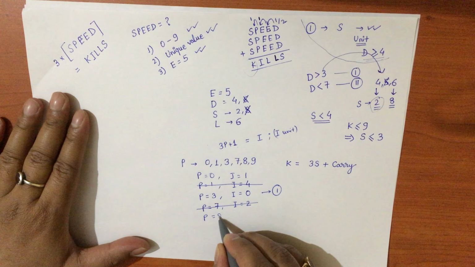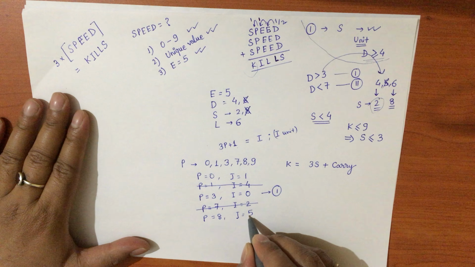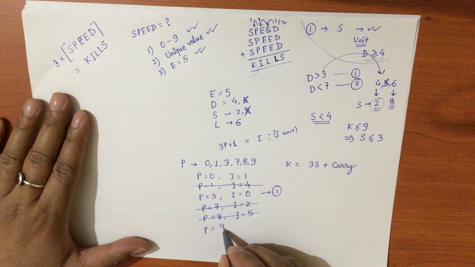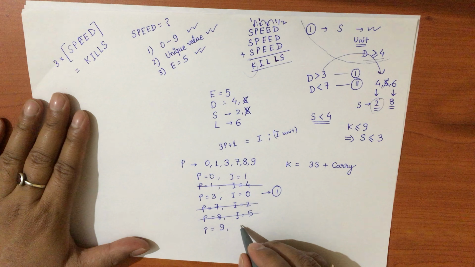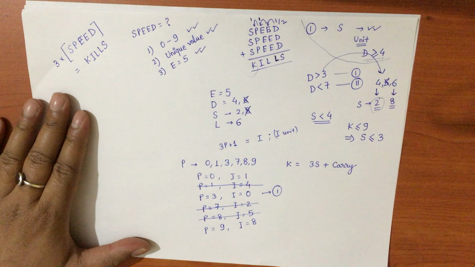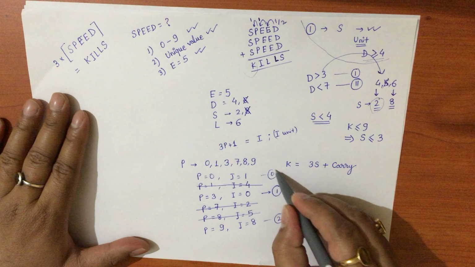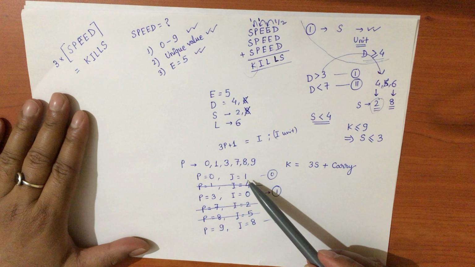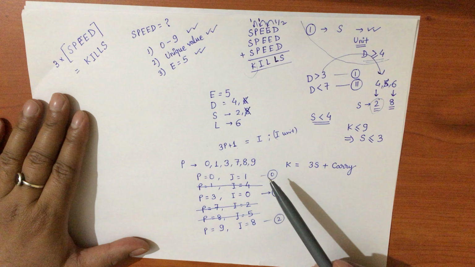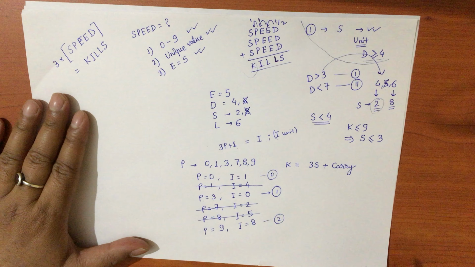So if P is 8, I is 5. Disqualified, E is already 5. If P is equal to 9, I is equal to 8, and the carry forward is 2. So we have: if P is 0, I is 1. If P is 3, I is 0, carry forward as 1. Now let's